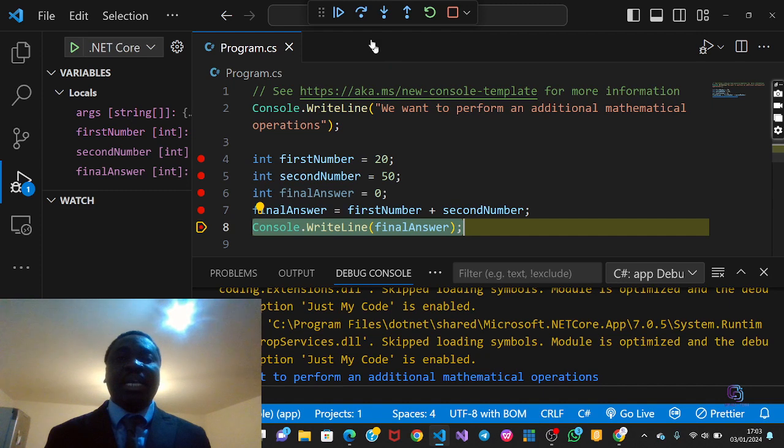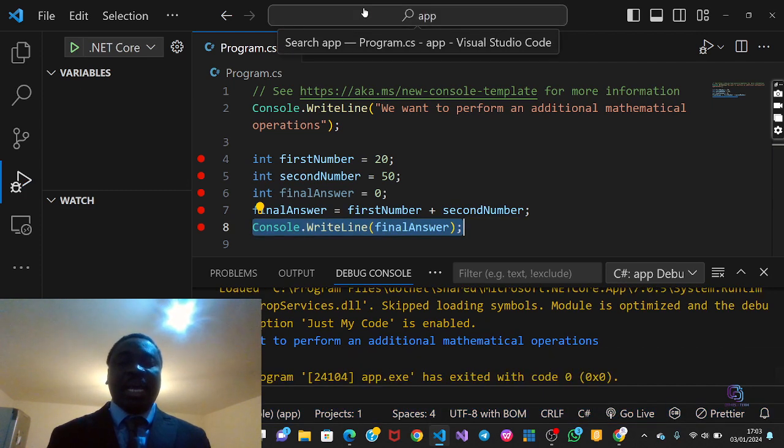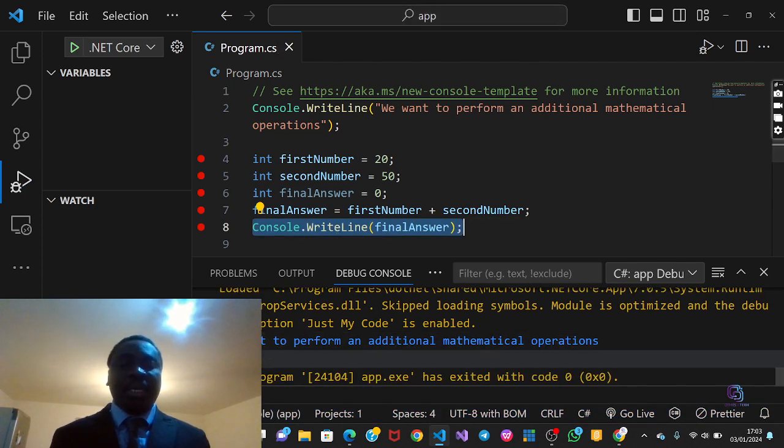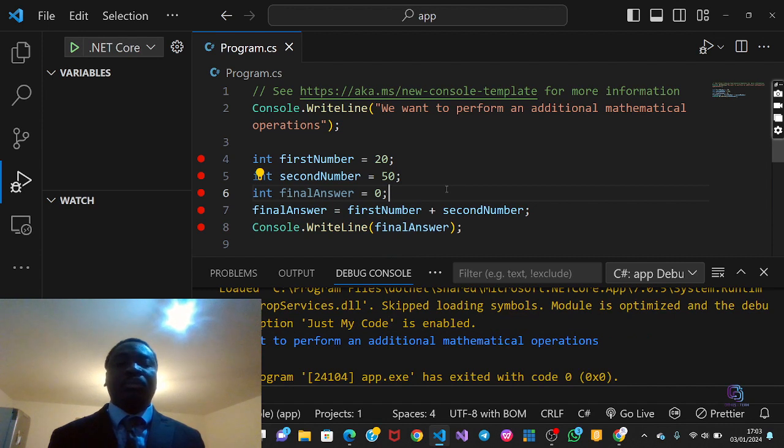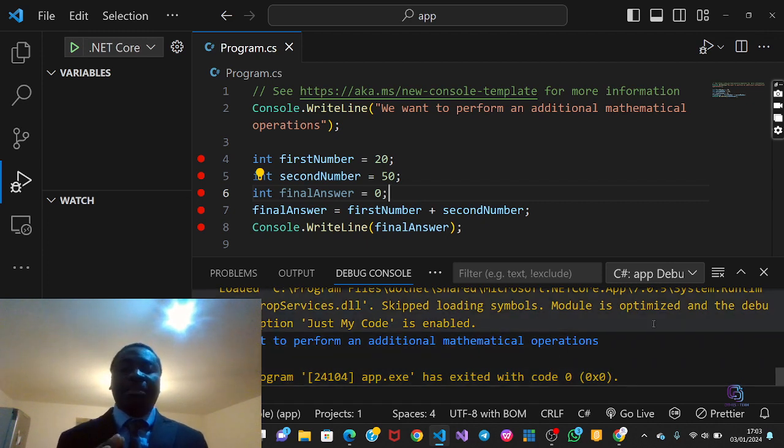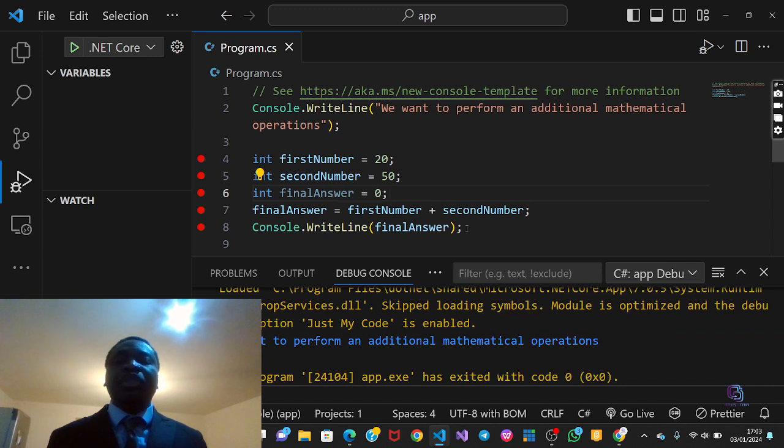So with this 70, I want to calculate it and I want to print it out. So can you see the answer is what? 70. So now there's a better way to print it out. Now take note of this. If this shows the program app.exe has exited with code 0, it shows that the debugging process has stopped and ended. So I want to print out the final answer in a better way. So what will I do? I can say